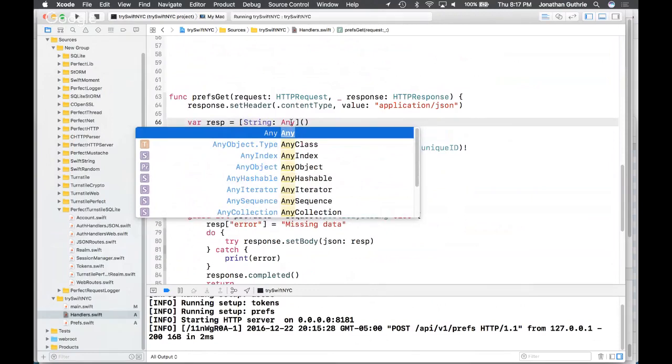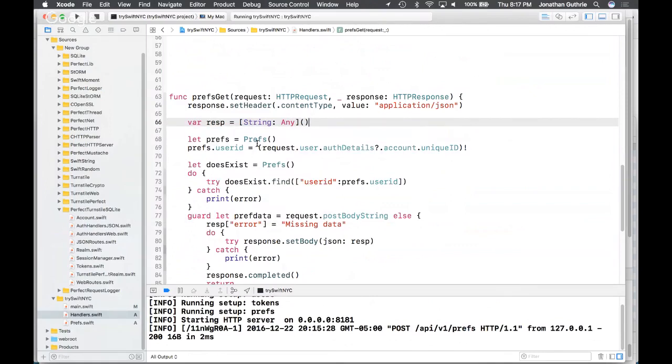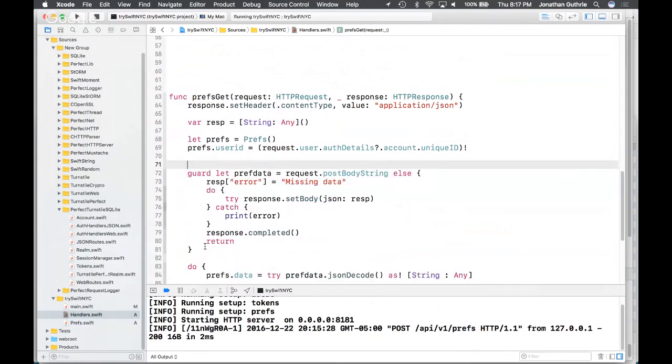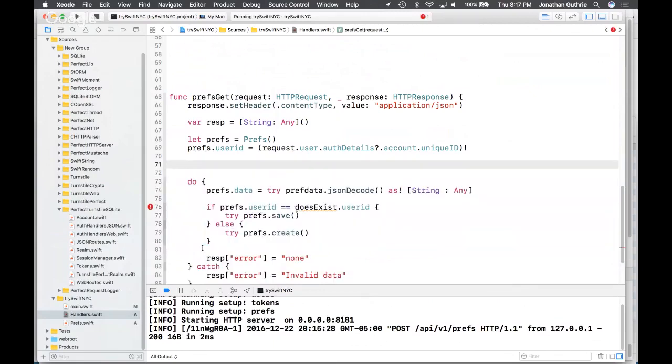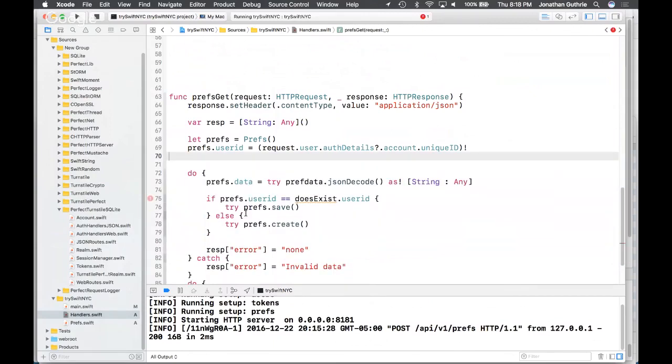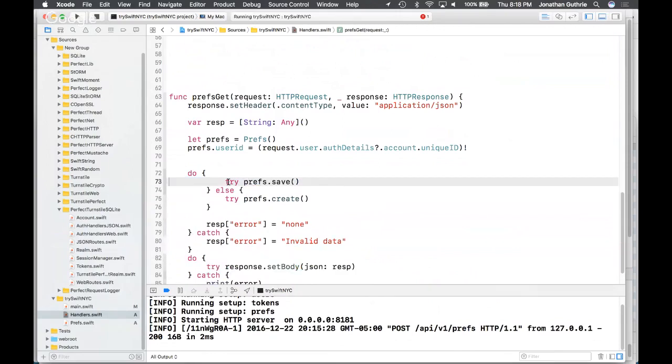So that's the dictionary format for JSON objects, string any. We don't need to have the does exist. We don't need to have the post body check because there is no post body. We don't need to have the decode or that.